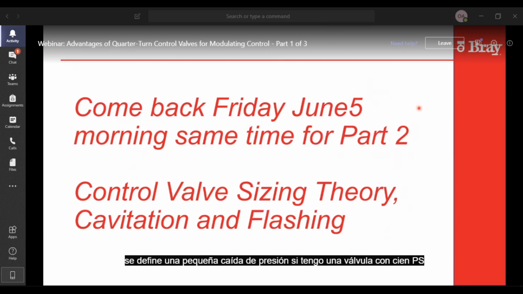If I have a valve with 100 PSI, but a pressure drop of say 5%, is this considered small pressure drop? I guess my question is, what percentage of pressure drop is considered small? So what we talked about is to try to keep the pressure drop, if you're talking about small pressure drops, about 30% or less. Between 30 and 50, you're looking at V-ball application, so that's a percentage of the inlet. I think that's very important in the valve type selection and also on the characteristic selection. So that's what we mean by low pressure drop.